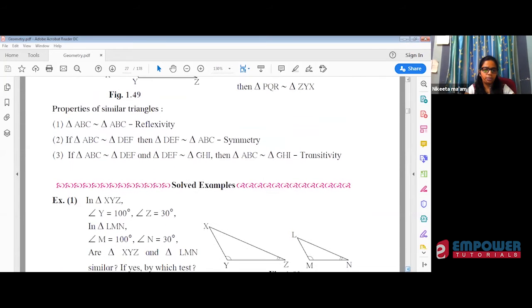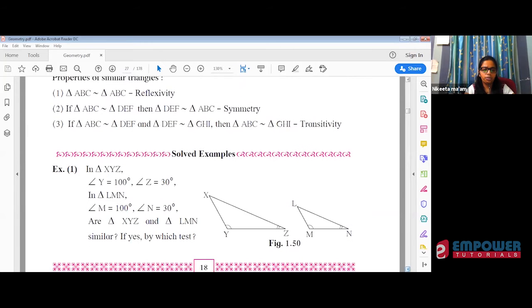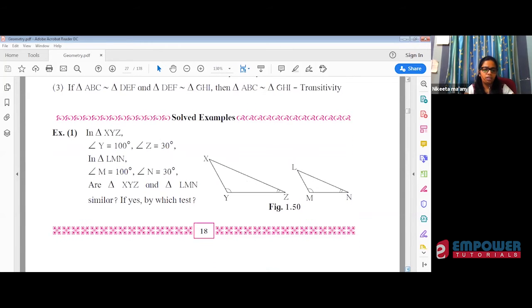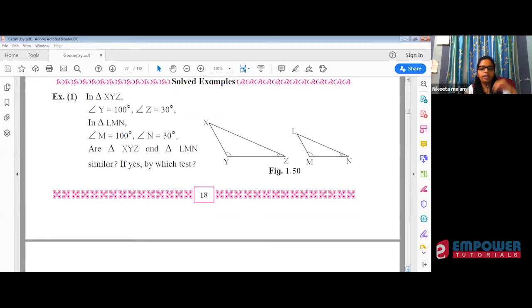Reflexivity, then this is symmetry, and the third property is transitivity. Okay, so these are the problems. We will directly solve